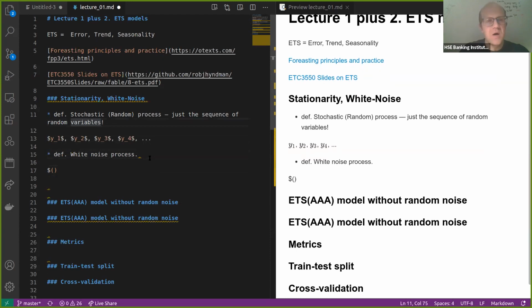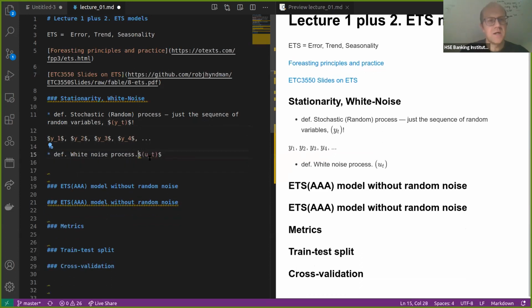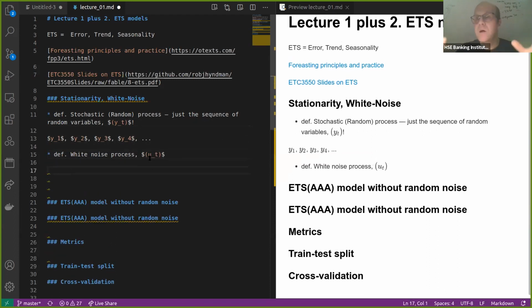Just a small remark. Normally, when we have one random variable, we denote it without brackets. Y1 is one random variable. But if we have a sequence of random variables, it's a tradition to denote it in brackets. So in brackets, (Yt) means a sequence Y1, Y2, Y3, and so on. So the white noise process, let's call it (Ut) in brackets because I have a big number, U1, U2, U3, U4, U5, and so on. And the requirements are